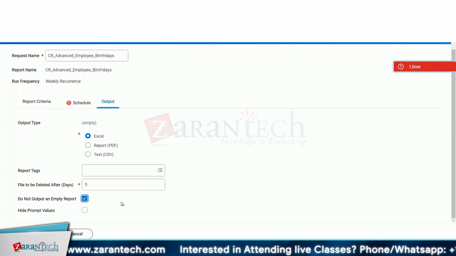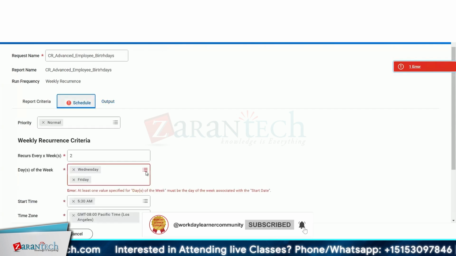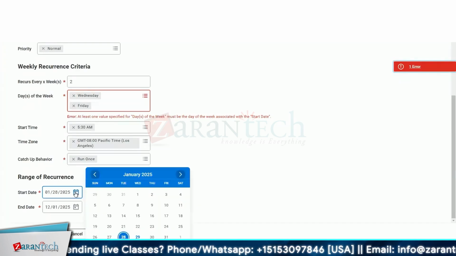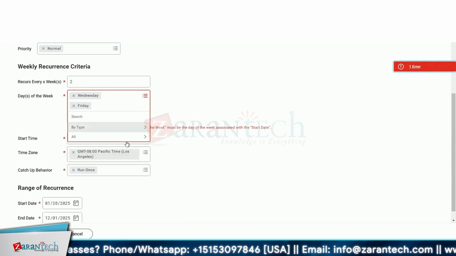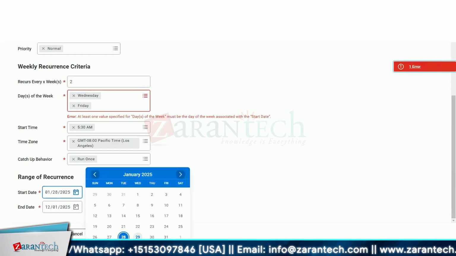This is something like, if the data is not there, you do not generate a file. And I think that's it. At least one value specified for days of the week must be the day of the week associated with the start date. Okay, so the day of the week we started is Tuesday, or maybe since we started Wednesday, I'll